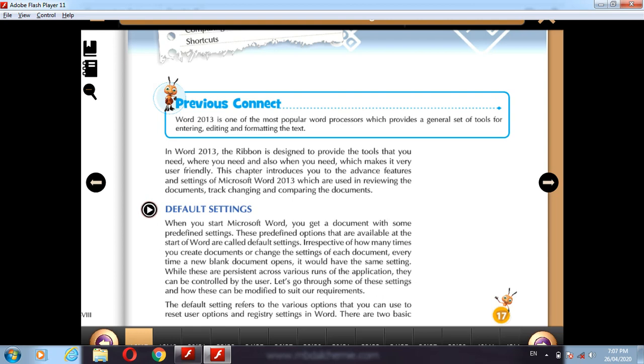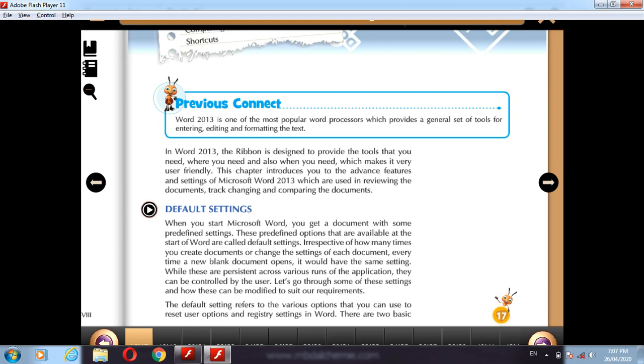So while these are persistence across various runs of application, they can be controlled by the user. Means all these settings are controlled by the user. User can able to control this default setting. Which kind of settings we want, that settings we can apply on Microsoft Word.